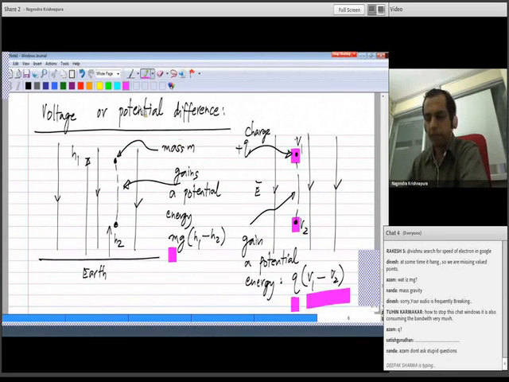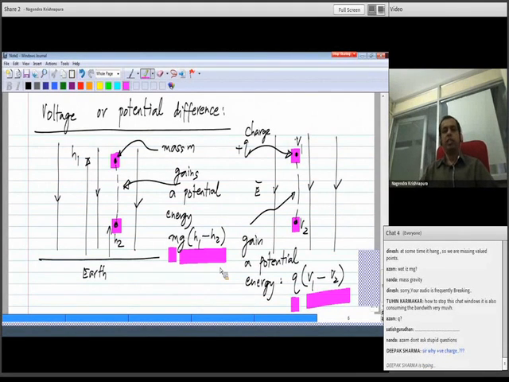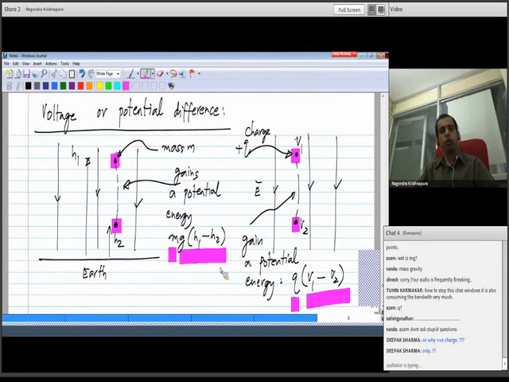Okay, so the amount of energy gained is equal to the amount of charge times the potential difference between here and there, and that is V1 minus V2. Okay. Similarly, here in the gravitational case, the amount of potential energy gained is the mass of the body that is falling times the potential here minus the potential there, which is g times (h1 minus h2). So what I want to emphasize here is that potential makes sense only when measured as a difference of values between 2 points. Okay, it's V1 minus V2. If you just say potential at this point is something, that is not a very significant thing. Okay, so you always have to measure this voltage or potential difference between 2 points, and this is true of